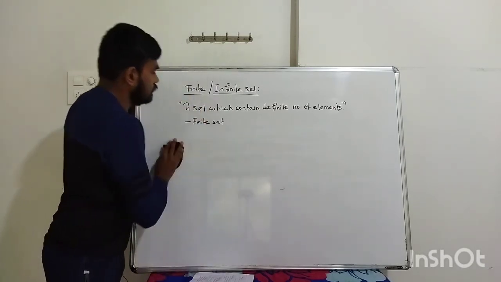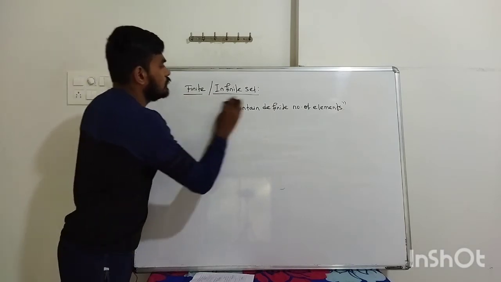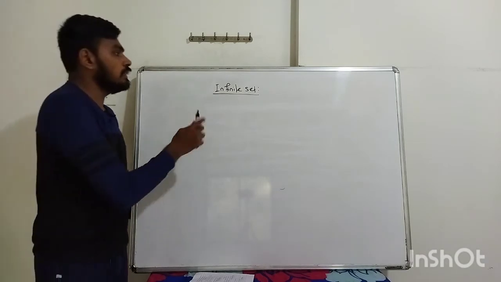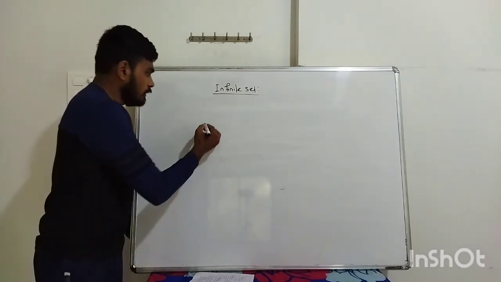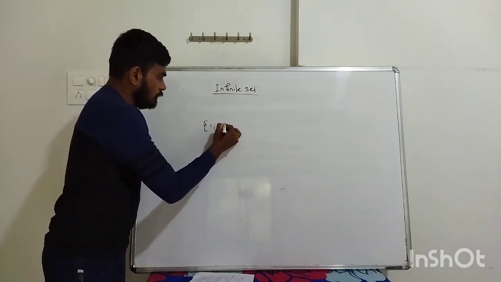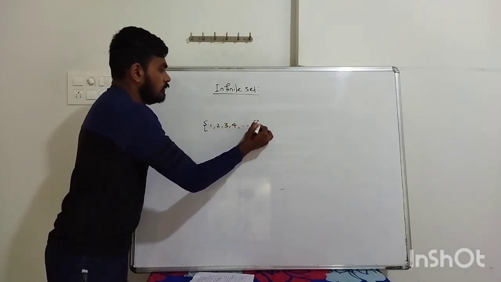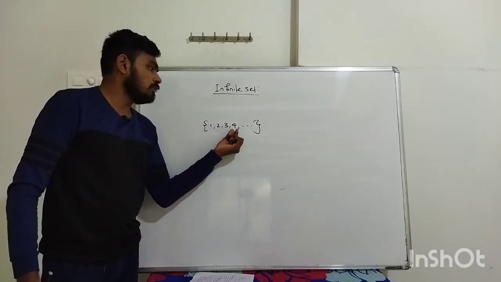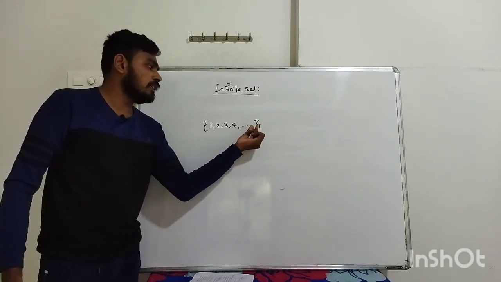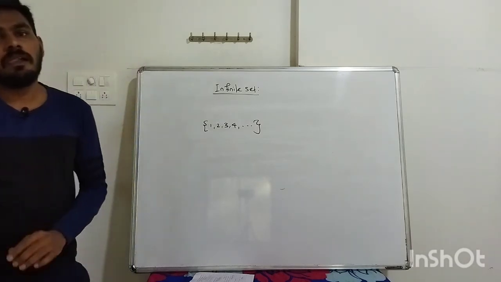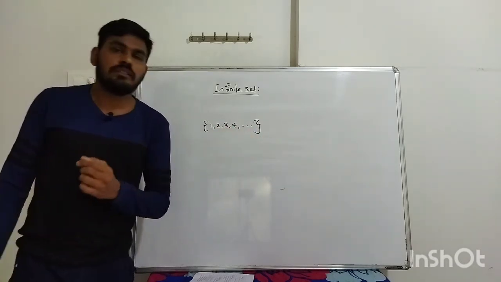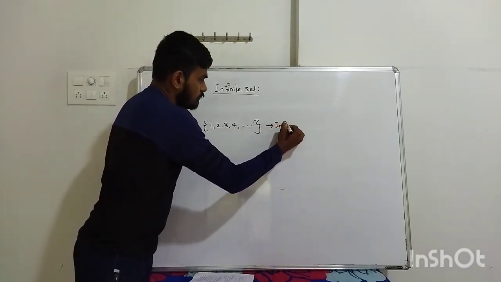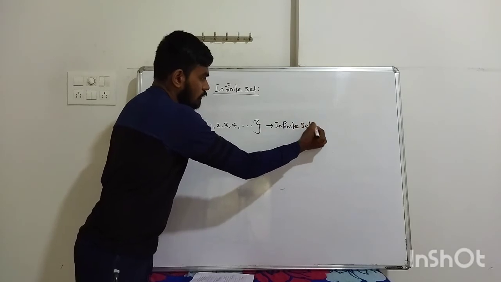These all were examples of finite sets. Next we will see infinite sets. A set which doesn't contain a definite number of elements. For example, 1, 2, 3, 4 and so on. Look at this sequence: 1, 2, 3, 4, next will be 5, 6, 7, 8, but it won't stop somewhere, it will continue, so we can't count here. That's why we say it is infinite. We can't count the number of elements.